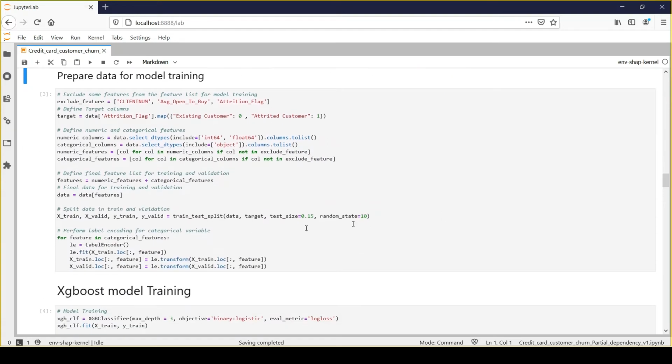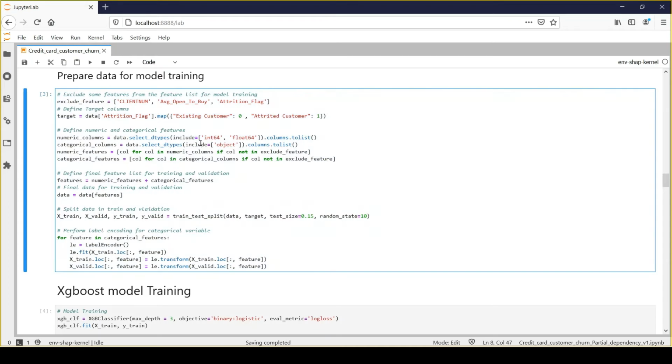In this step, I am simply preparing the data for my modeling. Here I have replaced this value based on my correlation analysis. I have removed the class variable and I have removed the client number because this is unique for all the rows. Next I have done some standard activities where I'm encoding my target variable and preparing the feature list for all the numerical and categorical columns. While calculating the feature columns, I am excluding those from my categorical and numerical feature lists. That's what I have done as part of these statements.